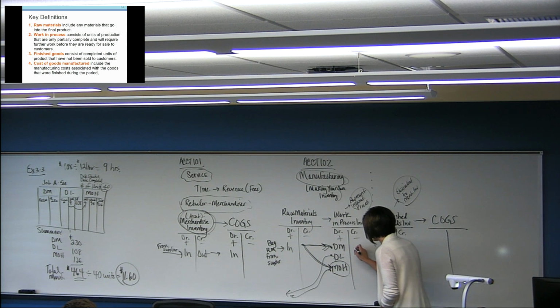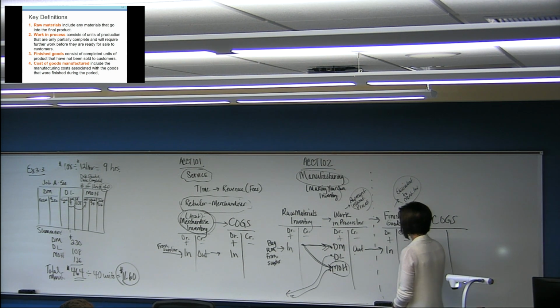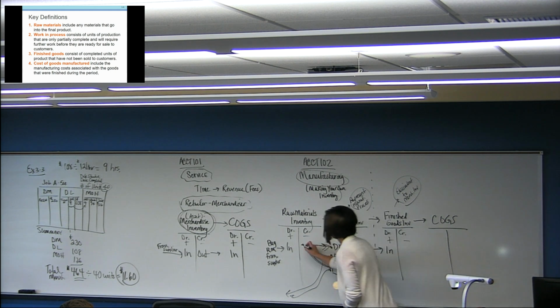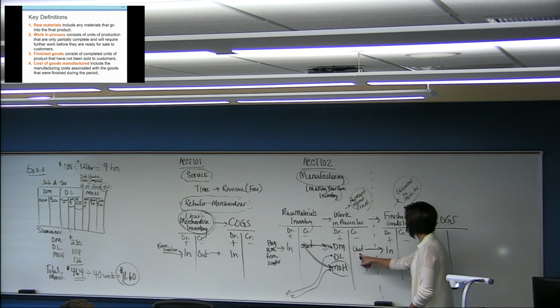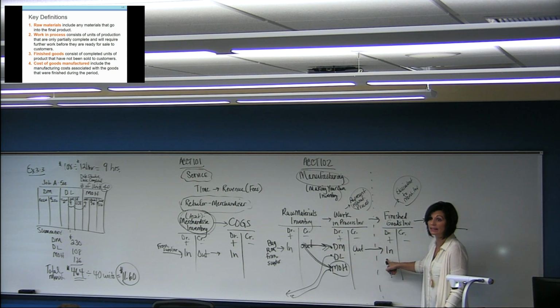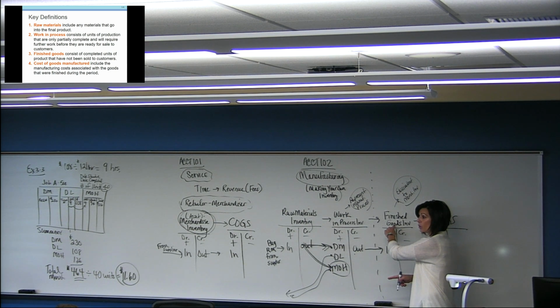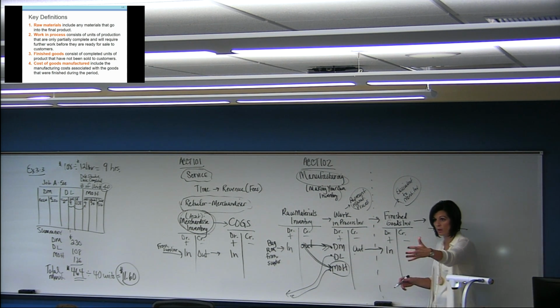They come out of here, right? So we go out and into the finished goods, right? Out, right? In, out, in. They come out of work in process when they're done. If they're done, they're no longer in process, right? We can't leave them sit in that inventory account. So we put them in our finished goods inventory, which literally might be a warehouse somewhere where they await sale,